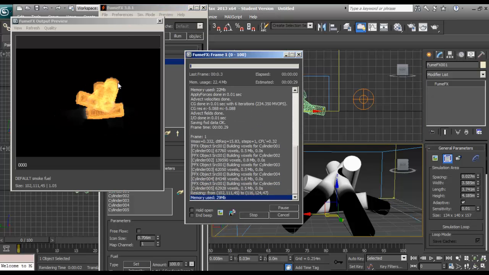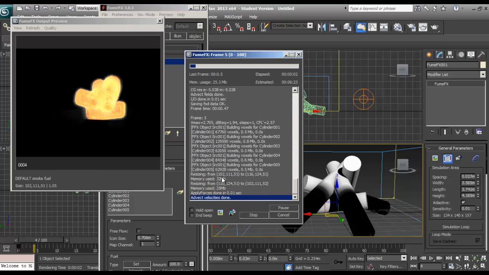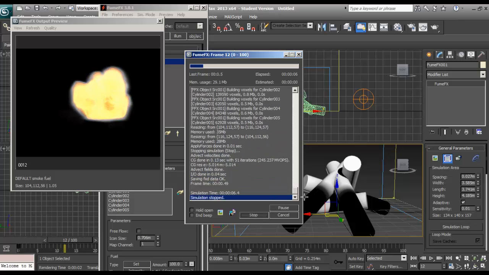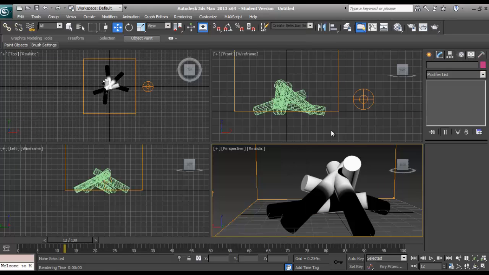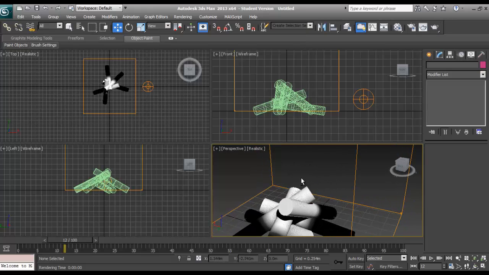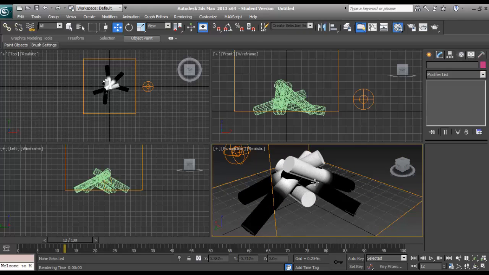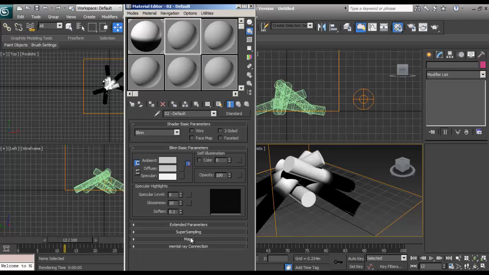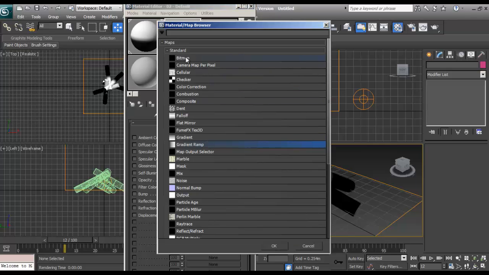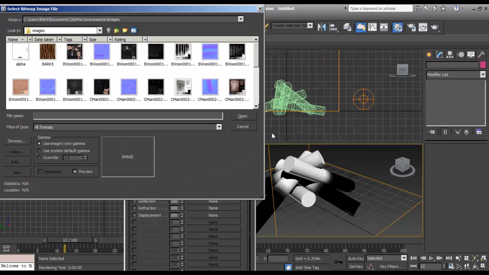So let's just sim a few frames again. There we go. We've got the tips of the fire going nicely. So if we just do that and that, we now have fire only on the white bits. Now, if we can find a good bitmap to use,